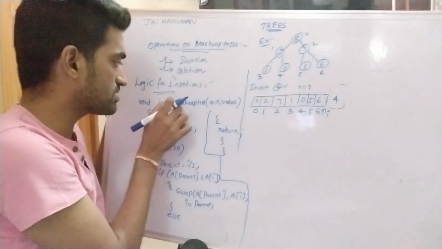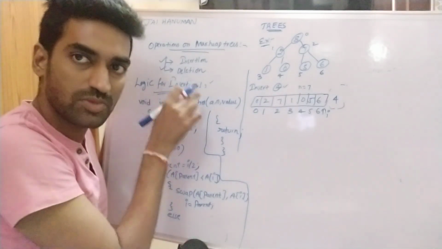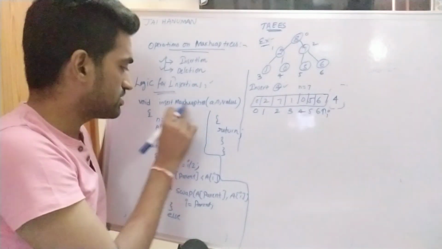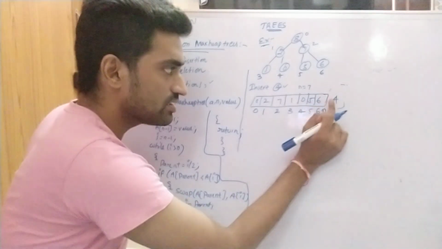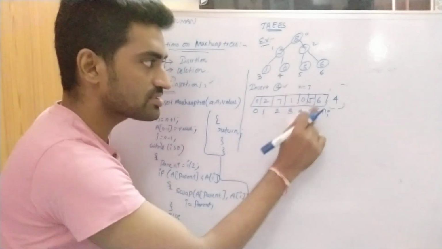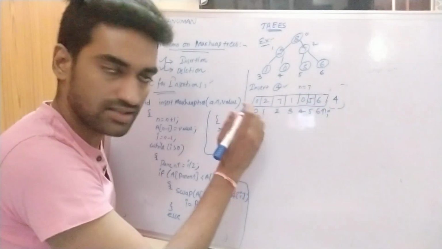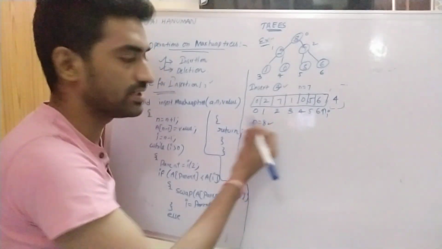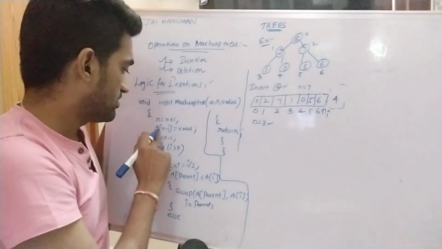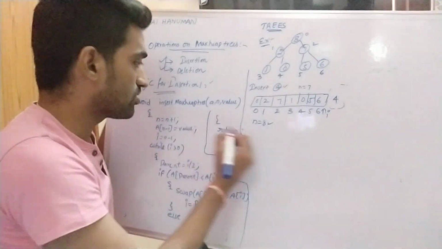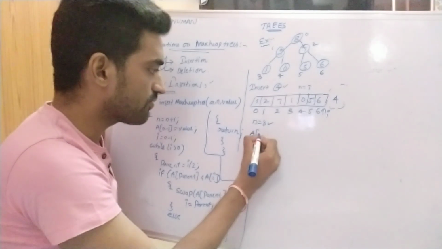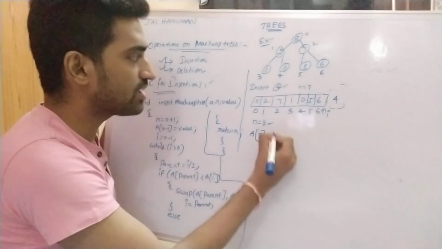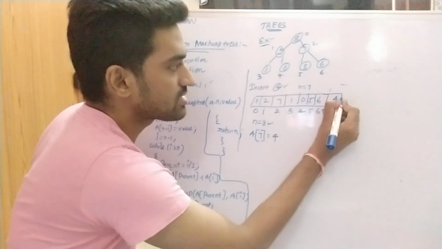So this is the function definition for insert max tree. Here I am creating one more function, that is insertion of max tree. Once we insert a new element into the max tree, obviously the array size is incremented, so n is equal to n plus 1, that is 7 plus 1, which is equivalent to 8. Then at which position do we store? A of n minus 1. A of n minus 1 means 8 minus 1, so the 7th position value is stored. What is the value? 4. So this is the 7th position.